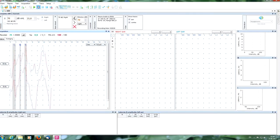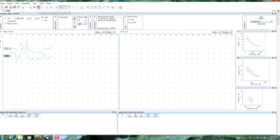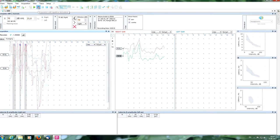Now you can see the stimulation and averaging process. Also you can see the gray bands of normal values for latencies of main peaks. Here you can see statistical parameters which allow us to estimate if we get a reliable response. We can stop the acquisition if we have a good response. And start the second cycle of stimulation to check the reproducibility of responses. Also, we can form an automatic line of stimulation. For example, if we look for threshold, we can add different intensities